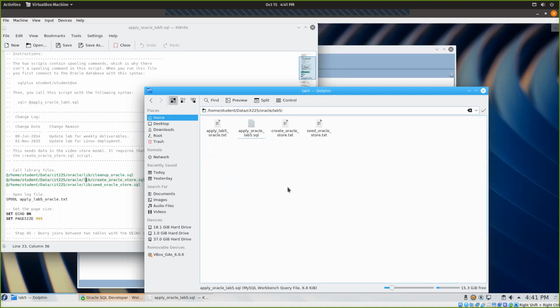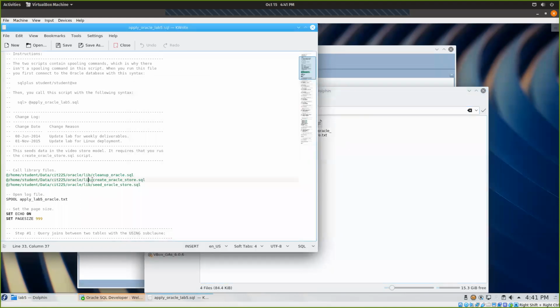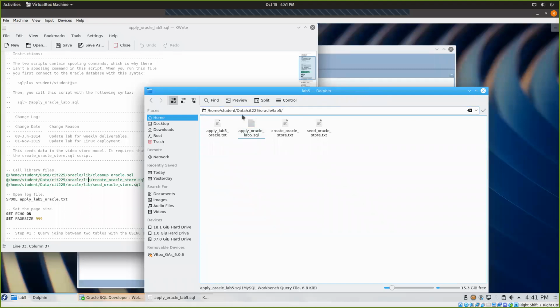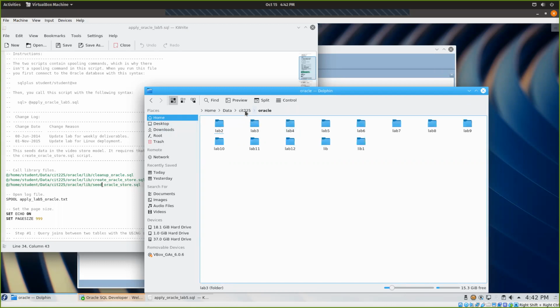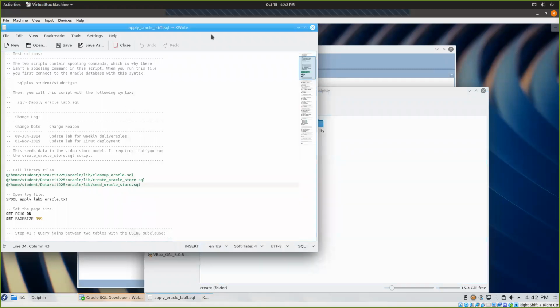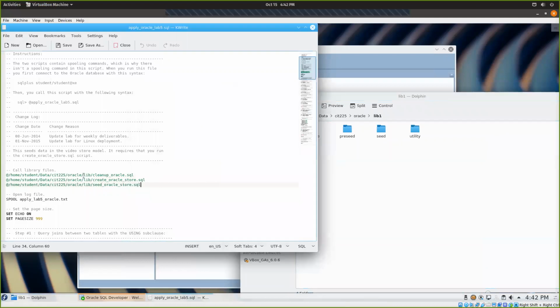The other nice thing about that is it just goes faster, really. And I need to fix mine, so let's hurry and do that real quick here. Let's go to home, data, 225, Oracle. Yep, Oracle. I have the old ones in here, but I should probably call the new ones here so we have the same data. So the 3 scripts I need to run is Oracle lib1